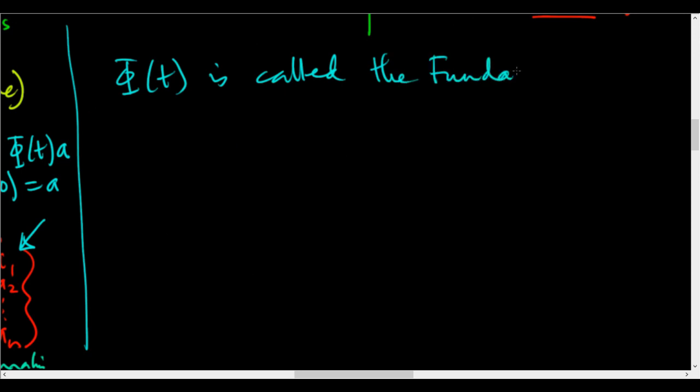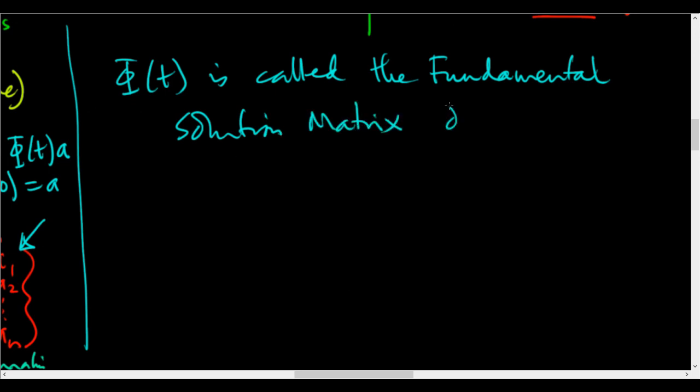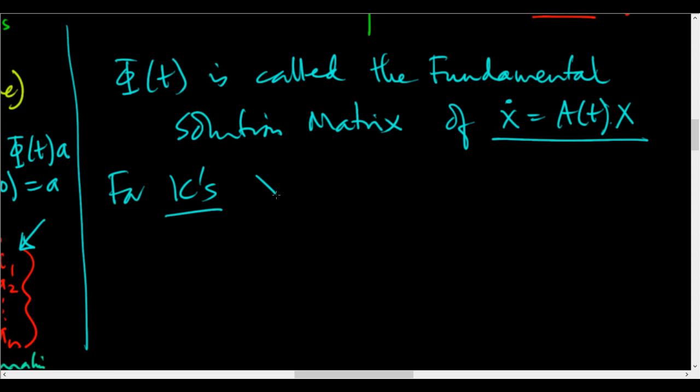It might be called a fundamental in a more general setting, but we will call it the fundamental solution matrix of x dot equals A of t times x. Okay, for initial conditions x of 0 equals a, remember this is a column matrix,